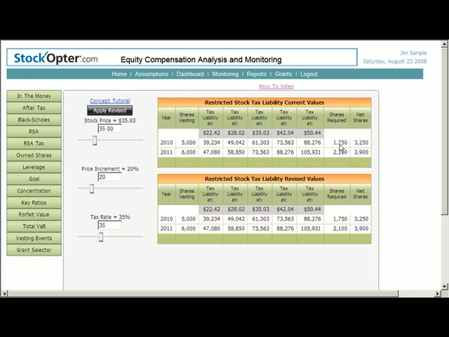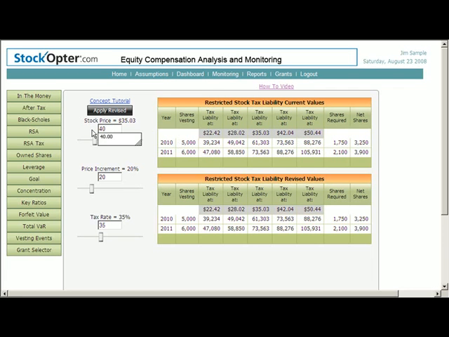You will note that the shares required to be sold to cover the various tax liabilities is the same across all stock prices. This is because dividing the tax liability by its associated stock price always results in the same number of shares. Additionally, we are assuming that the participants' combined tax rate remains the same regardless of the stock